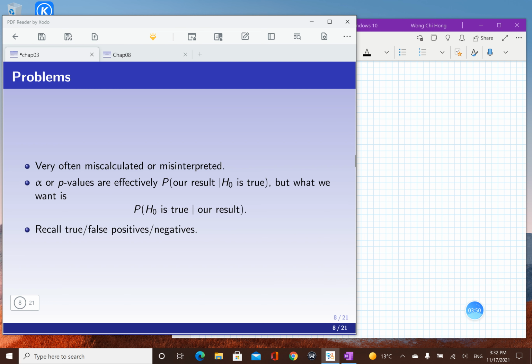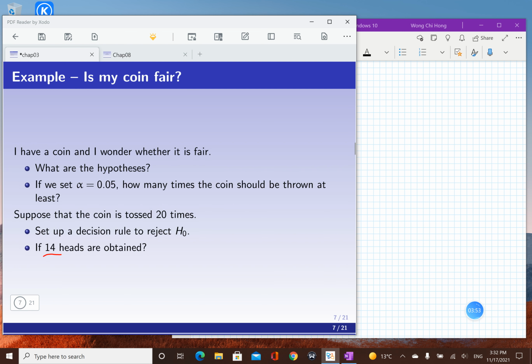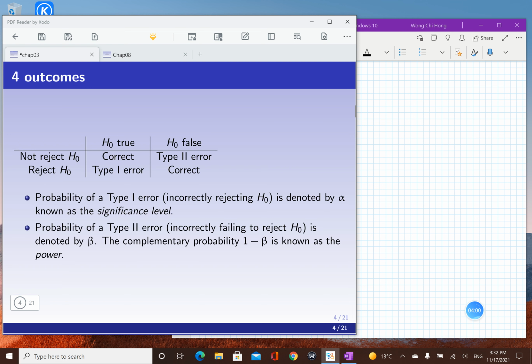We talked about how to do these calculations earlier. We're assuming a null hypothesis to be true, and we're using alpha to do this. So with my coin, I'll be assuming p equals 0.5 as my null hypothesis. When it is not true, then the coin is not fair, then p not equal to 0.5. Most of the time, or almost always, you should have your null hypothesis be the one with the equal sign there,